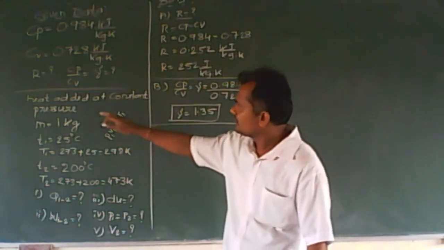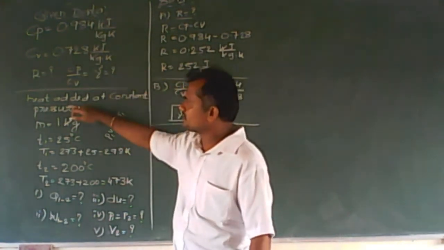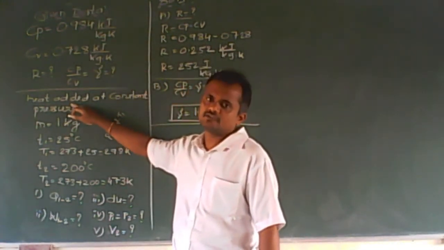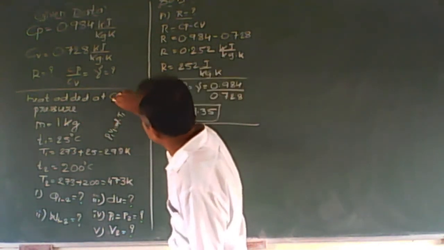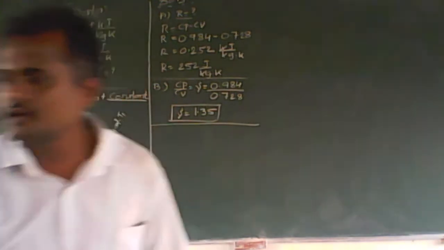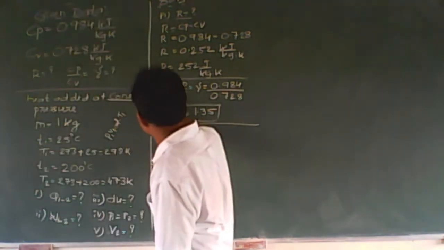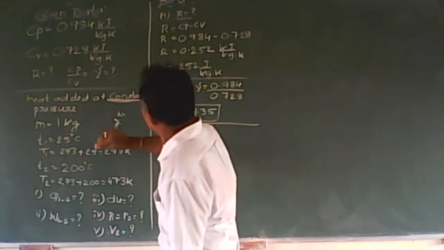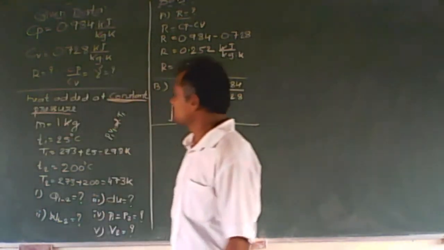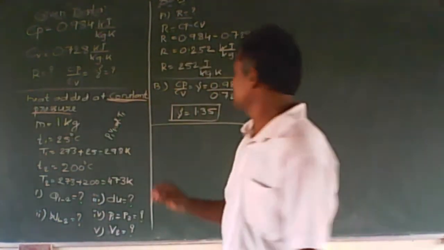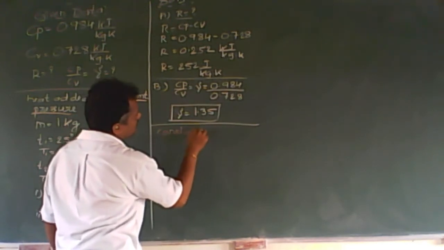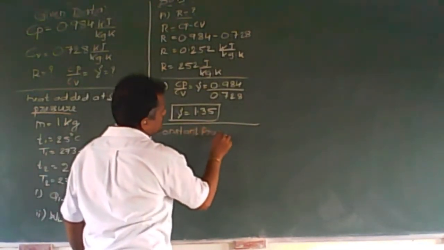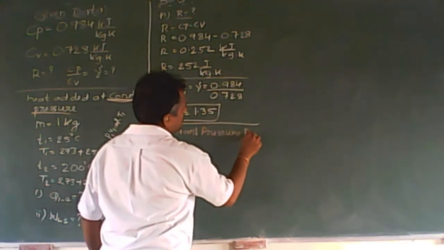As you know, after this procedure, heat is added. Addition of heat takes place at a constant pressure process. He says constant pressure process. Let me underline this with the help of a different color chalk piece. So constant pressure process. In this constant pressure process,